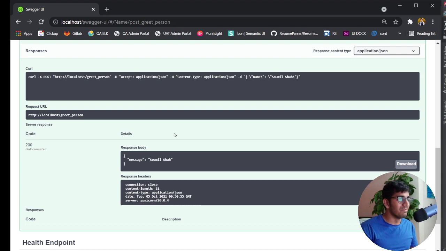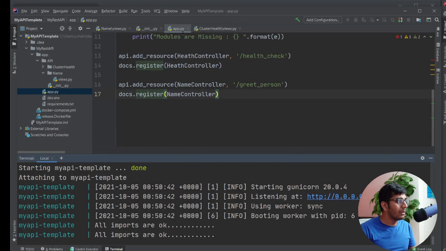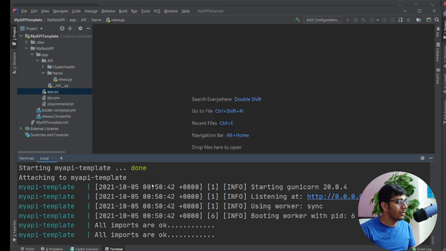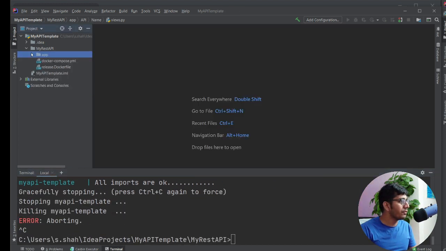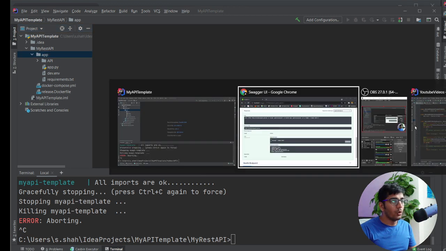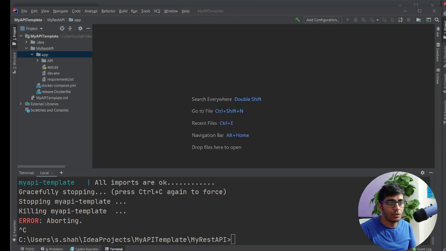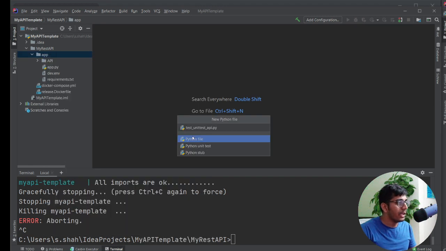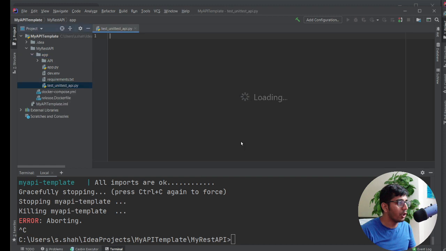Lovely, right? So one last thing, the boilerplate code is missing some testing framework or some unit test for the code. So how do I do that? I have a template for that as well. So please allow me a couple more minutes to talk. This is where your unit test file will be. Do you see this folder called app where all these files are? This is where you need to create a new Python file and name it test.unittest.api.py.